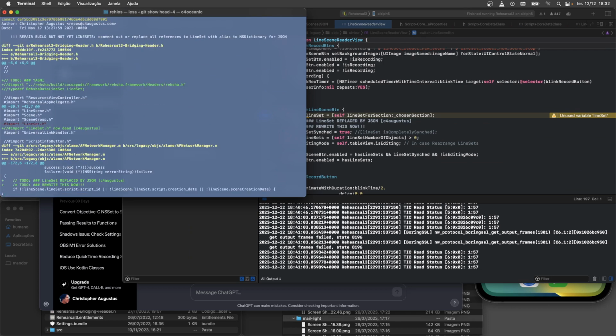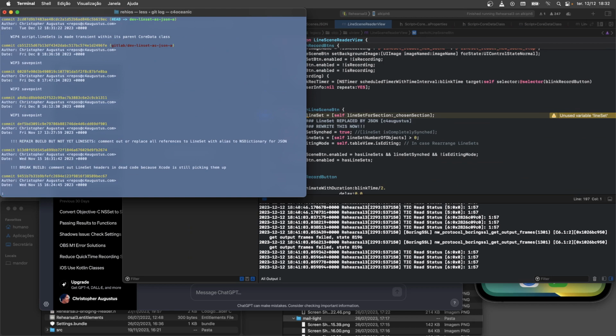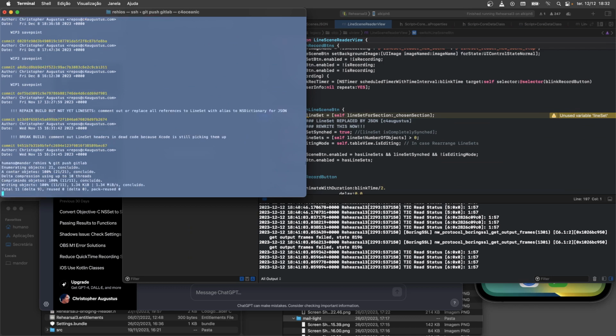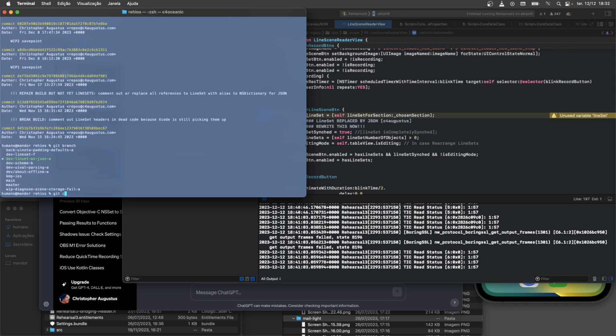Head 4, this is the repaired the build. Actually, let's collapse this stuff down into a single WIP for now. I'm going to push this to GitLab, and then I'll collapse it into a new branch. I want to condense this stuff down. All right, git branch, git checkout dev, line set with an E as JSON